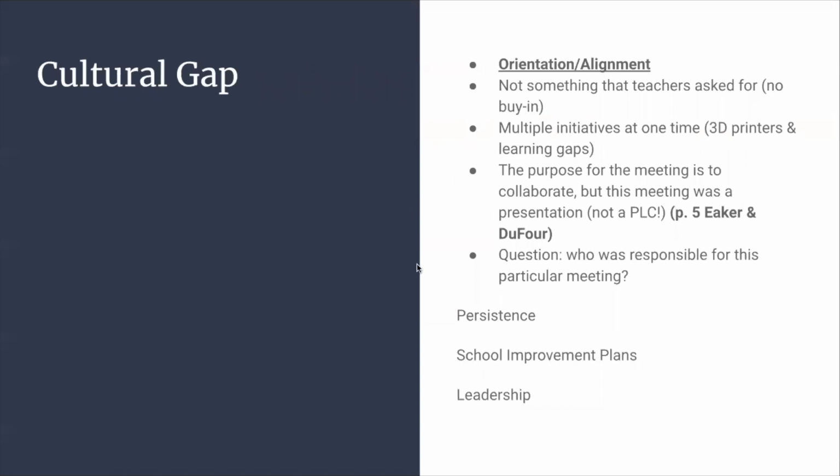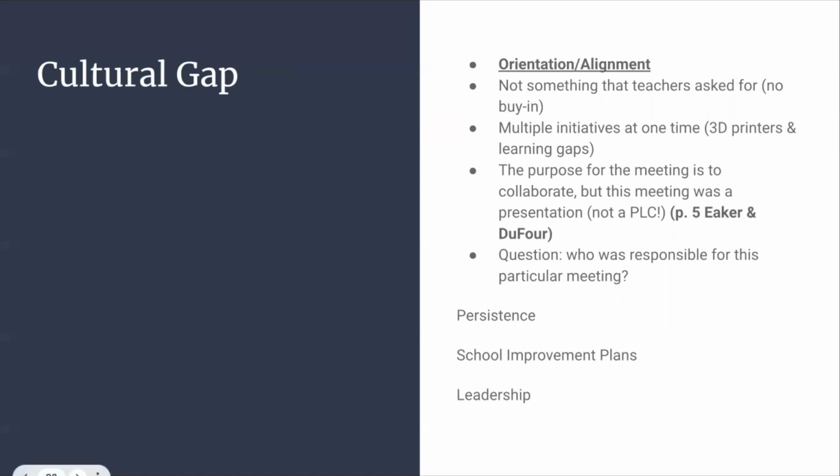A couple of things, but the most prominent one is orientation and alignment. This is not something that teachers asked for. There was no buy-in. We have to be careful with multiple initiatives at one point, right? The 3D printer in relationship to learning gaps. The purpose of the meeting is to collaborate, but this meeting was a presentation. And there's a question here. We want to be curious about who was responsible for this particular meeting. So you're looking at some issues with persistence, maybe some issues with school improvement, maybe even some issues with leadership,